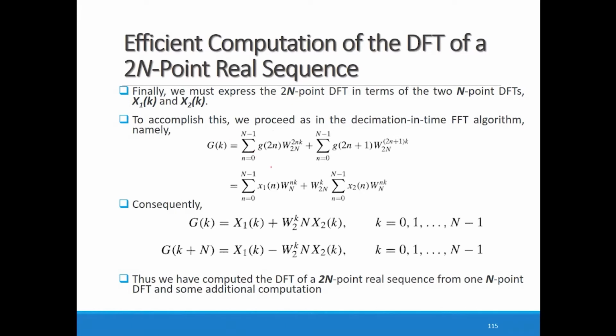So here we assign this notation: sigma n is equal to 0 to n minus 1 x1 n, and omega suffix n raised to nk. These two are cancelled out as per the properties of twiddle factor. And here this term is now separated into two terms. One term we are taking outside of this summation, as it is not depending on the value of n. So omega suffix twice n raised to k, sigma n is equal to 0 to n minus 1 x2 n into omega suffix n raised to nk.